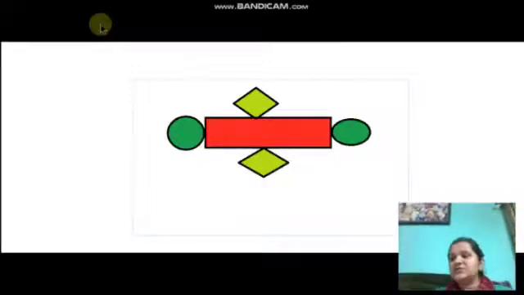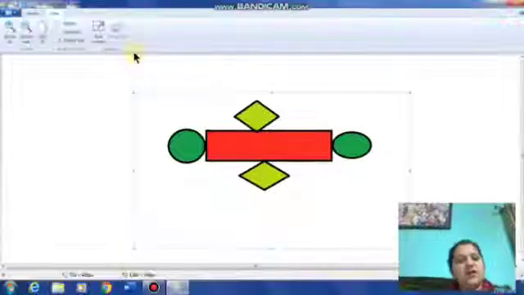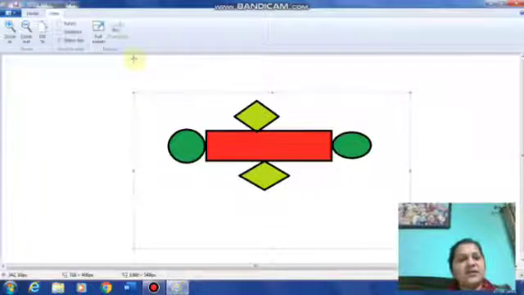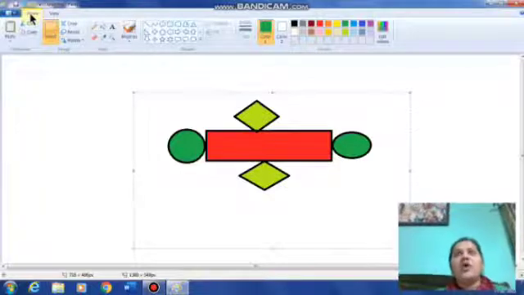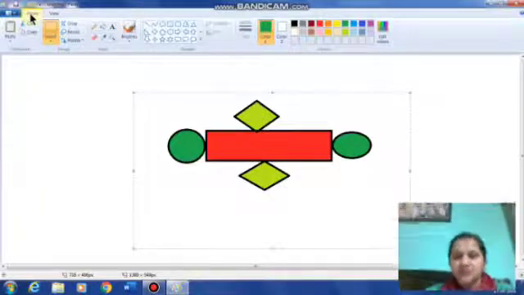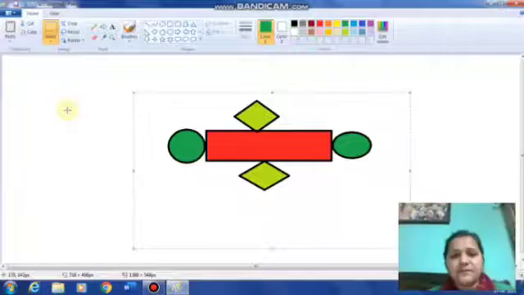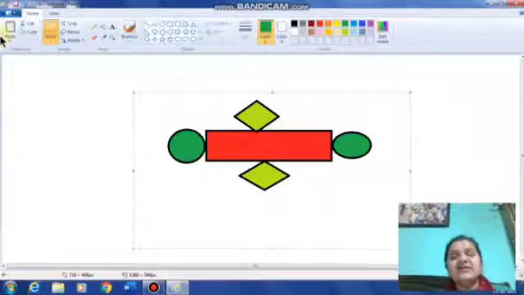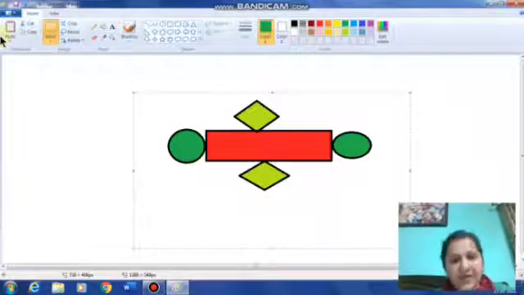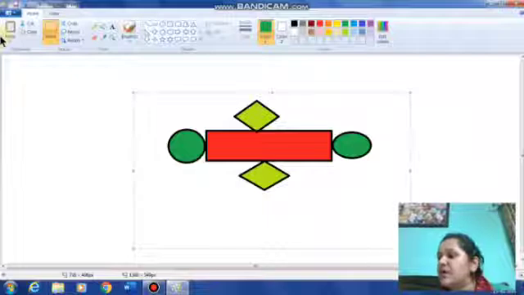Okay children, so this is the way you can use this facility also. Now again click on it anywhere and then you can click on the home tab to see the options available at the top of the drawing area. Children, we are done with the drawing. Now if I want to save it, when you save your file, it is saved in different file formats. Okay, now what are those file formats?